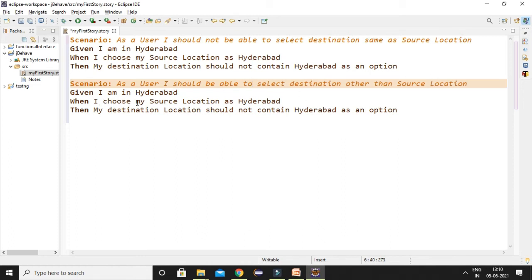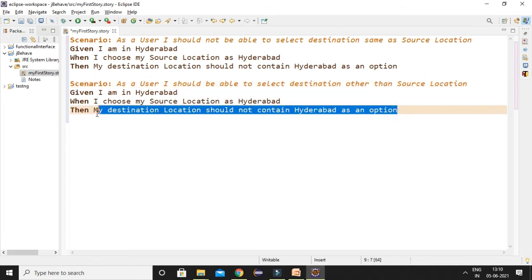I'm in Hyderabad, I choose my source location, then I choose my destination location as Bangalore. Like this we will write our story file.